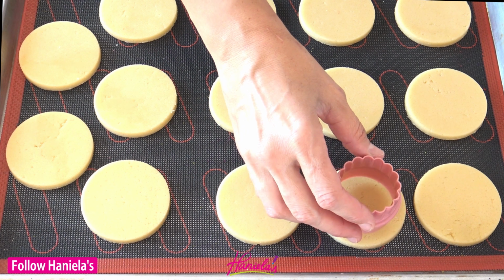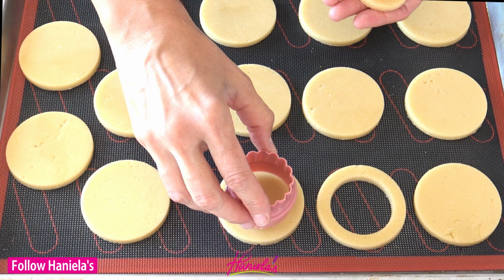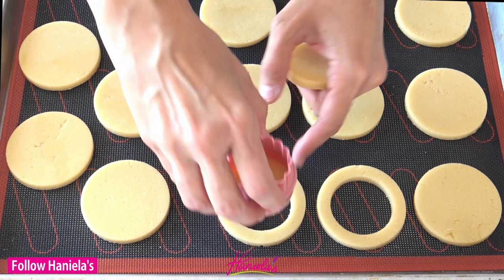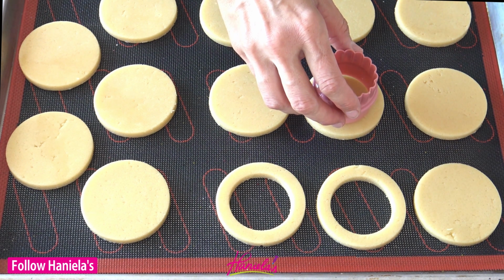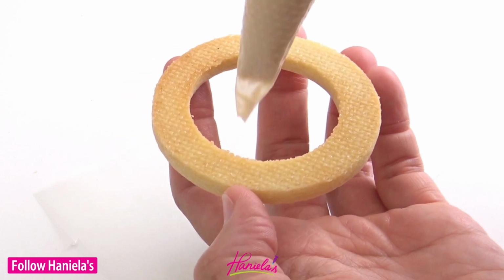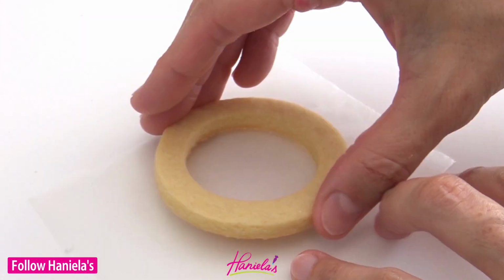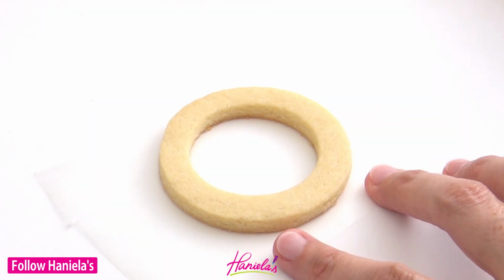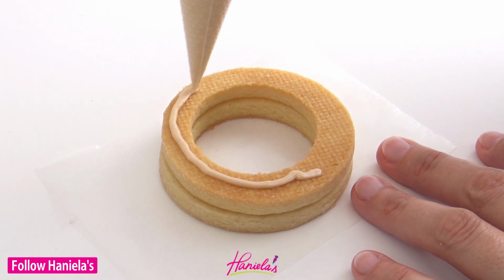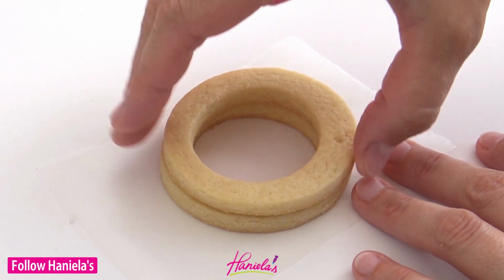To make the piñata cookie, I'm using round cookies, and we're going to use 4 cookies with a cutout in the middle. That's going to be the cavity that we're going to fill with, well, you can fill it with anything you'd like. I'm going to use some cookies that I made. So first I'm going to assemble the piñata part, the cavity. So I'm gluing the bottom cookie on a piece of parchment. This is just so the cookie is not sliding anywhere when I'm